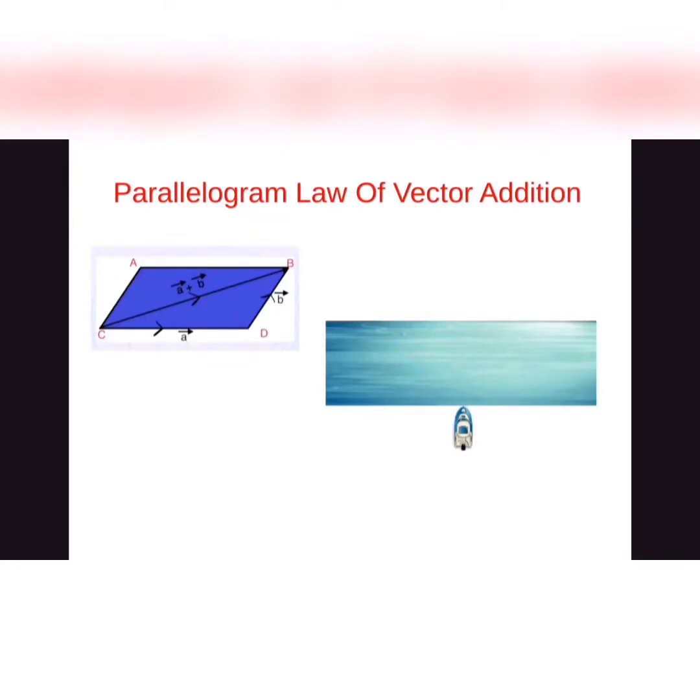In this video, we will be discussing the parallelogram law of vector addition. Consider that a boat is traveling from one bank to another. The boat is moving in a direction perpendicular to the flow of the river. This is the direction in which the boat tends to move, and this is the direction of the flow of the river. Tell me whether the boat will actually reach this point P, or it will reach some other point to the right of point P, say point P1.